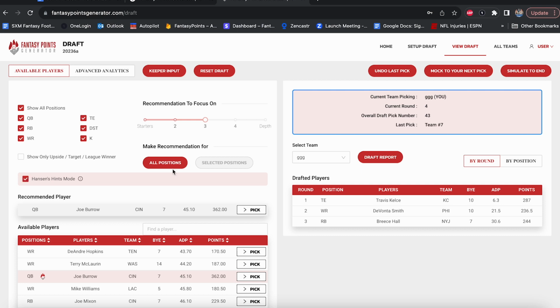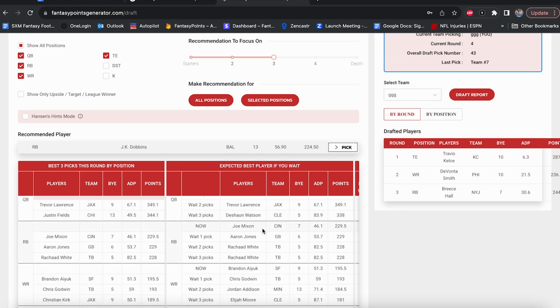Okay, it is going Burrow. I actually downgraded Burrow's stats today. No. Actually, it was today. Yeah. After that injury here on August 1st. So even with that downgrade, the Hansen's Hints Mode, it does love both players, actually, J.K. Dobbins and Joe Burrow. Though there isn't great value at quarterback with Burrow in the 4th, especially with the injury. J.K. Dobbins,